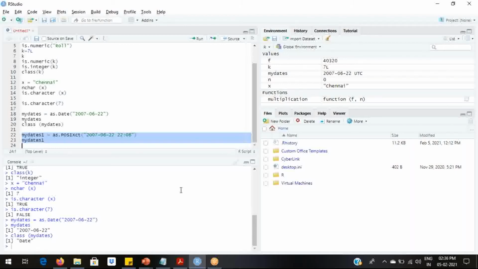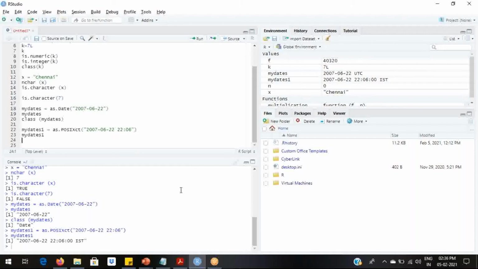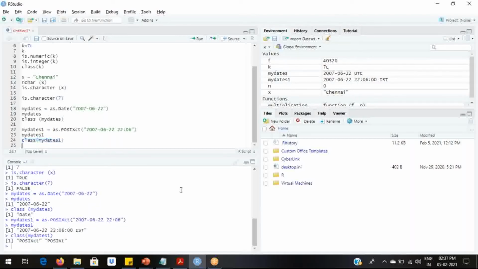Now let's execute the POSIXct part. Even in the case of POSIXct, we are getting the same output as seen on the PPT. When we use the class function, it returns POSIXct as the output for my dates one.